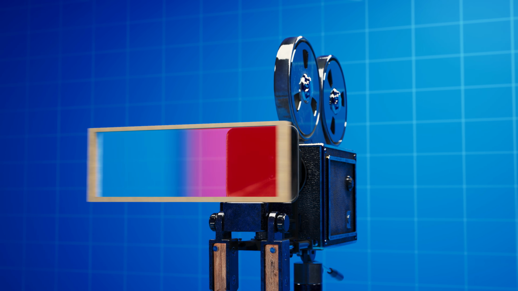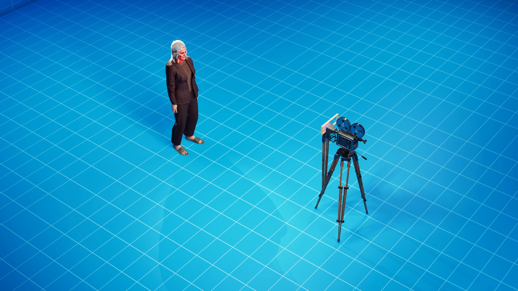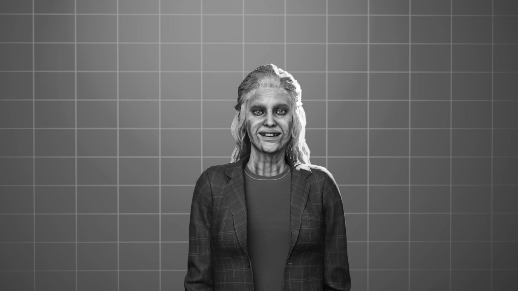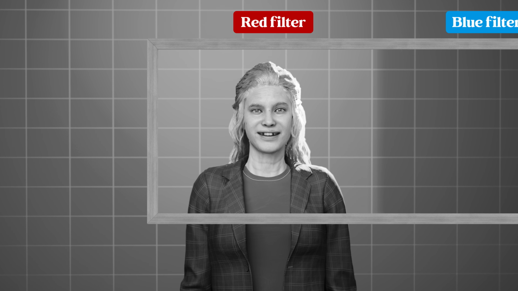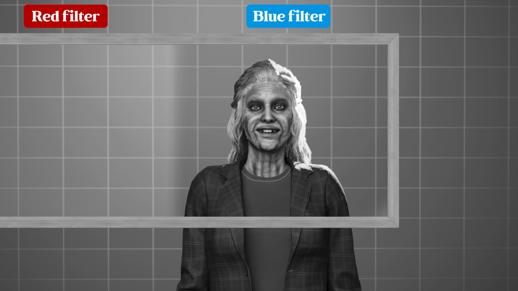The filmmakers then placed a gradient filter going from red to blue in front of the lens. Let's turn on black and white as the first step. There we go. When the red part of the filter is placed in front of the camera, it blends perfectly with her skin. Once they slide the filter over to the blue part, the makeup is suddenly visible and appears